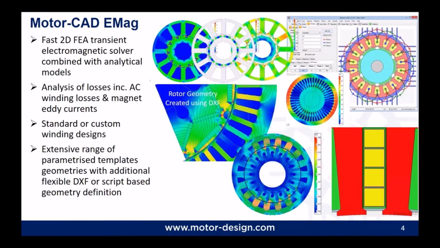So I'll start with the Motor-CAD EMag module. It's mostly based on a 2D transient finite element based approach with some analytical methods as well for different machine types. We use the electromagnetic module to calculate things like torque, power, efficiency, torque ripple, etc. It can also be used to calculate losses, so the copper loss, the iron losses, the frequency related losses in the winding, and eddy currents in solid components such as the magnet or